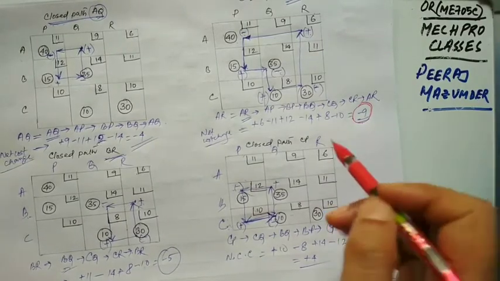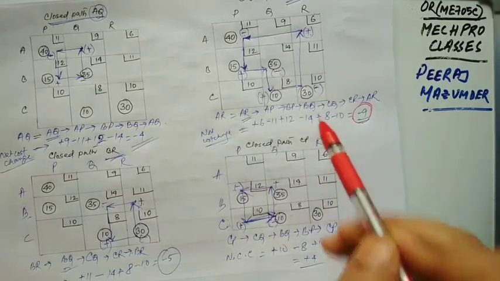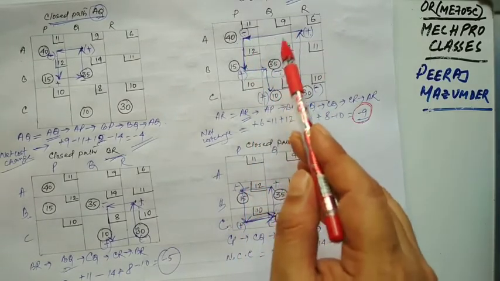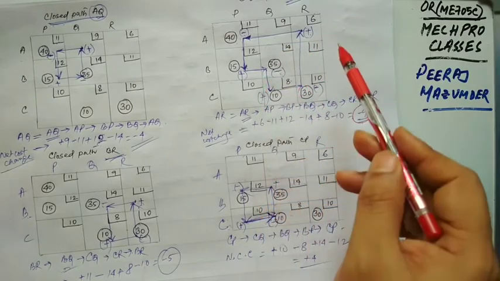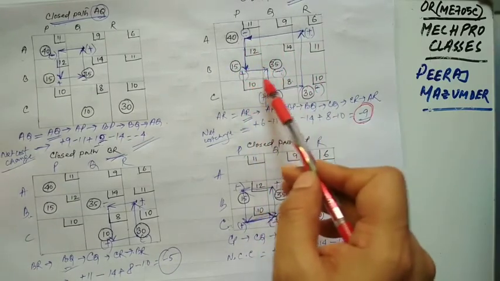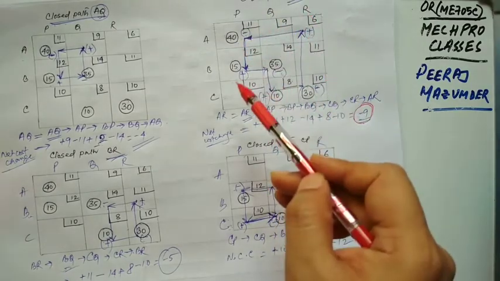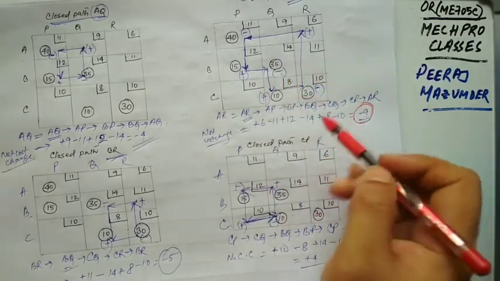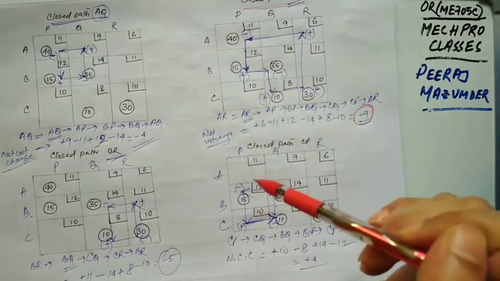So the selection of square AR for improvement means that a better solution is possible by moving units. Moving units into this square will disturb the conditions of supply and demand, and therefore the units are shifted from each negative square into each positive square to keep supply and demand conditions satisfied. We have to change in such a way. So we have to work in this particular closed path, AR.